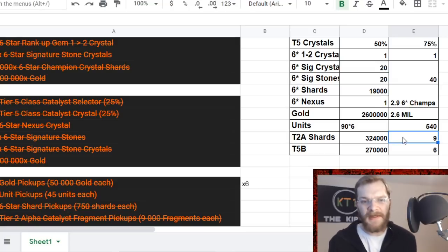And when they are increasing tier 5 basics, they are never increasing tier 2 alpha even remotely as much as needed. So you can see for 6 tier 5 basics, you're getting 9 tier 2 alpha. So it means for 1 tier 5 basic, you basically get 1.5 tier 2 alphas. And I think it's a bit of a missed opportunity. I think they're clearly doing it on purpose to artificially inflate the necessity of tier 2 alphas,